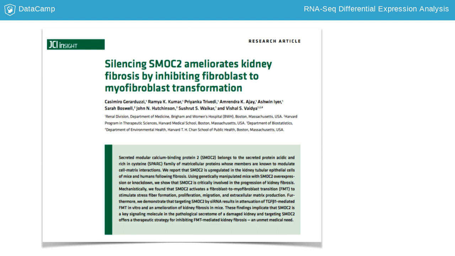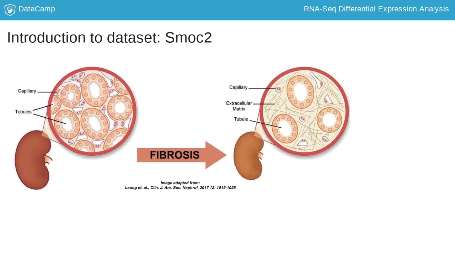To explore the workflow, we'll be using a publicly available RNA-Seq dataset from Girarduzzi et al. from the journal JCI Insight. In this paper, the goal of the RNA-Seq experiment was to explore why mice overexpressing the Smoc2 gene, or producing more Smoc2 RNA than normal, are more likely to develop kidney fibrosis. Smoc2, or secreted modular calcium-binding protein 2, has been shown to have increased expression in kidney fibrosis, which is characterized